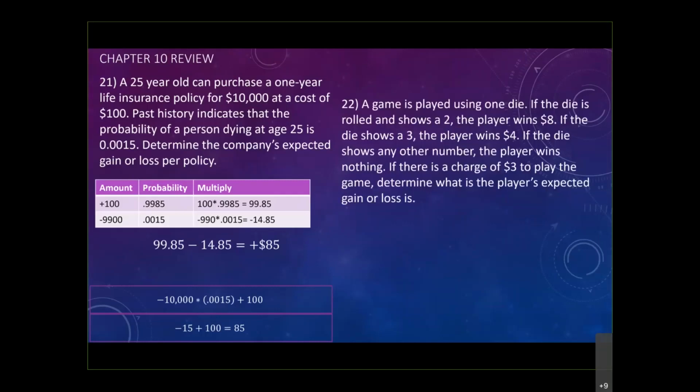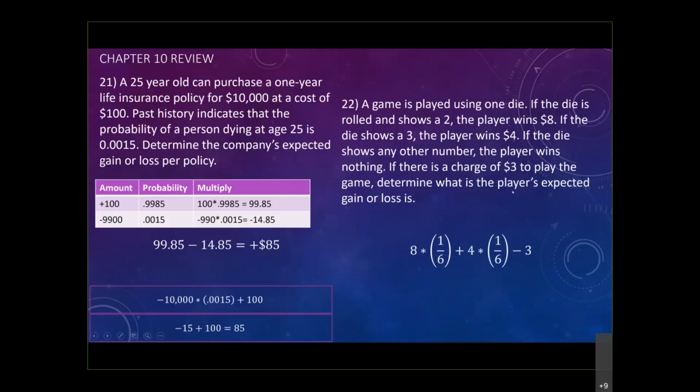So a game is played using one dice. If the dice roll and show a number 2, the player wins $8. If the dice show number 3, the player wins $4. If the dice show any other number, the player loses $3, right? So again, it's the same idea I gave you before, and I did the chart for you guys before, but let's take a look at this thing here, which is, do you agree that in order for me to win $8,